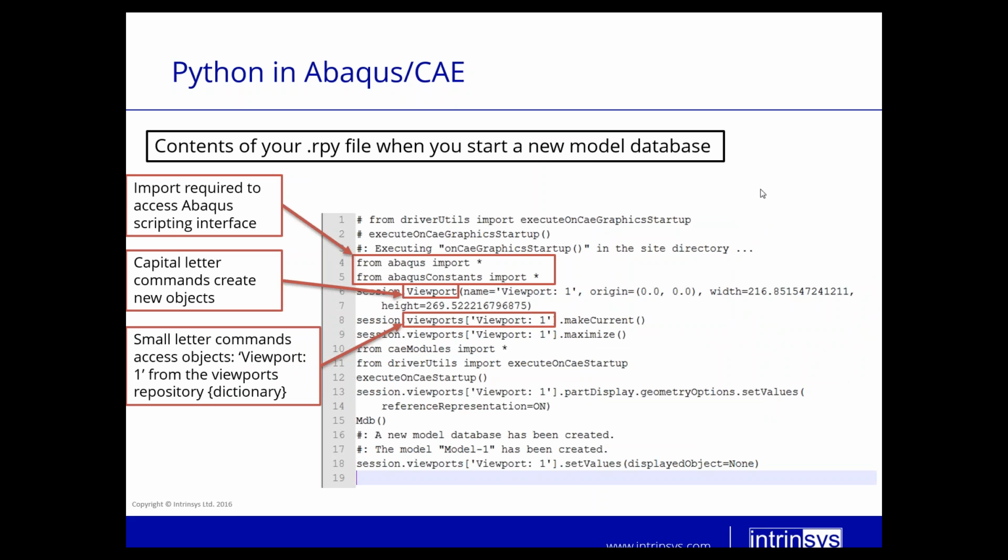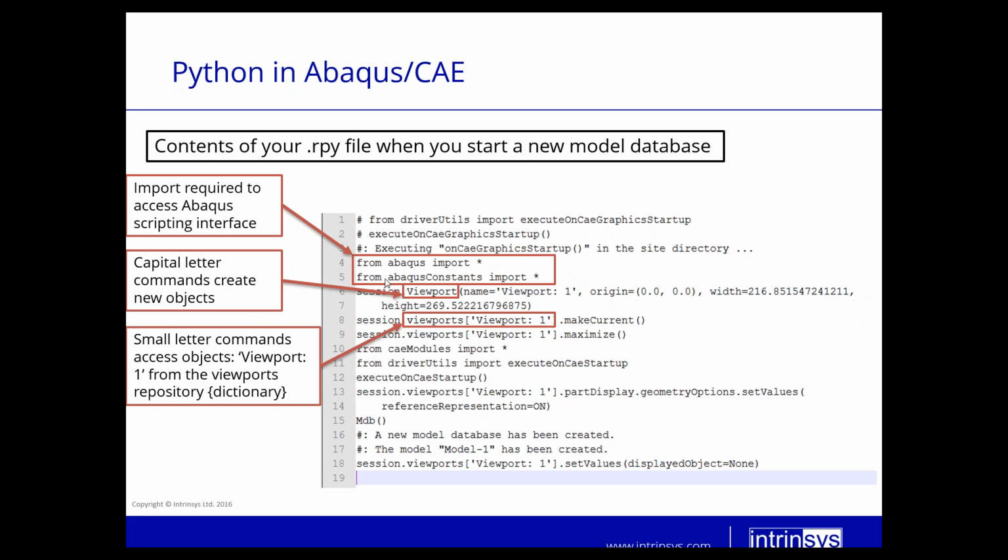Okay, so where do we find Python in Abaqus? For example, every time you open a session, you would create a replay file, a .rpy file, and this would contain every action that you do inside Abaqus CAE. So when we just double-click on our icon and start Abaqus, these lines of code will get written into the replay file. So basically what happens here is we would import all the necessary